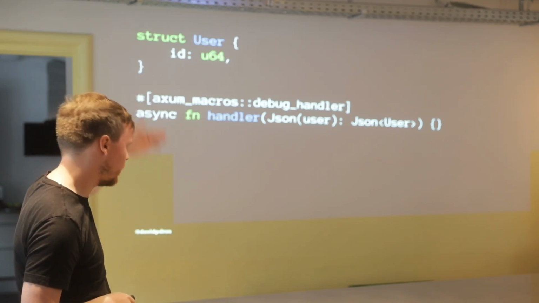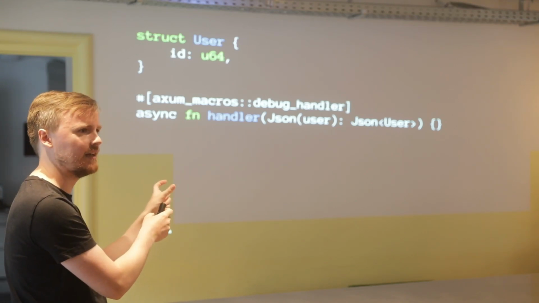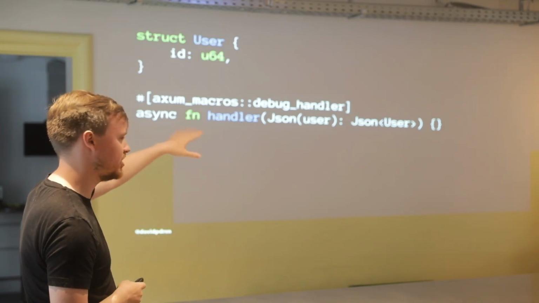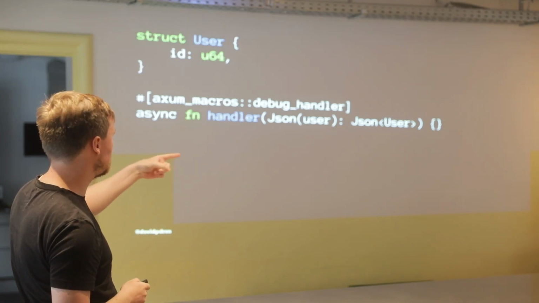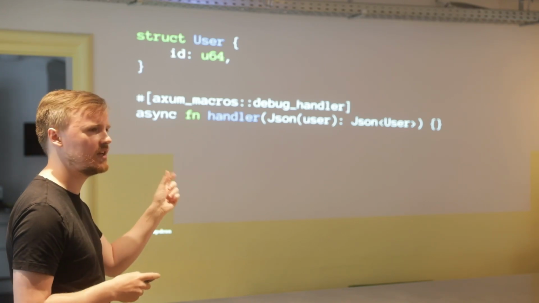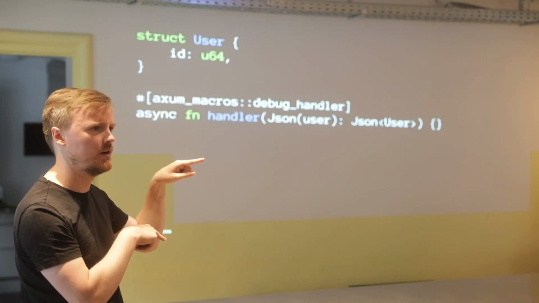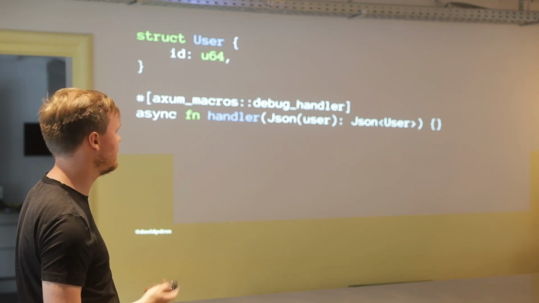So it generates a whole bunch of code that basically has a bunch of trait bounds that we know that Rust understands, and gives good error messages for those trait bounds. But it doesn't actually change your code in any way. It's not too bad when you have these JSON types, but sometimes people will hold a mutex lock across an await point, and now their handler future is not Send anymore. Axum requires that, and that's really subtle. So sometimes this macro is helpful. I even use it myself sometimes.